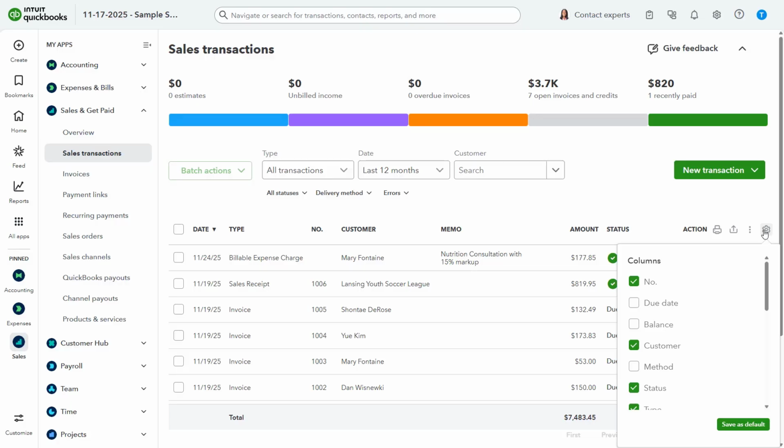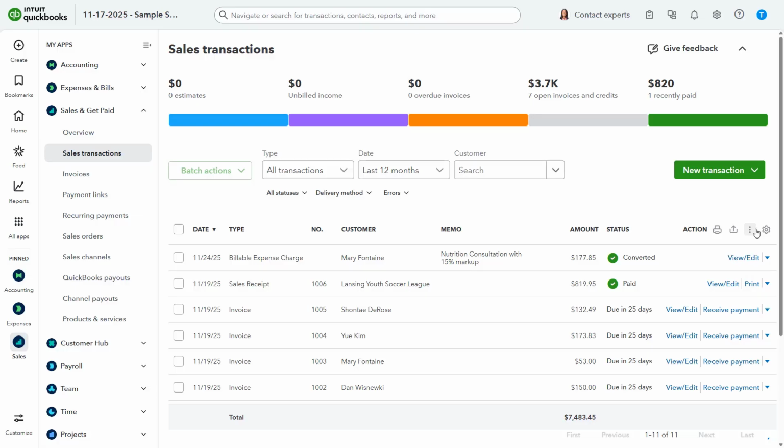To show or hide columns in the transactions list, check or uncheck the names of the columns under the columns heading in the drop-down menu. To change the number of rows shown per page within the transactions list, select the desired option button under the Rows heading in the drop-down menu. To set the choices you made as the default Transactions List Settings options, click the Save as Default button in the drop-down menu. The column headings for the Sales Transactions list are Date, Type, Number, Customer or Project, Memo, Amount,